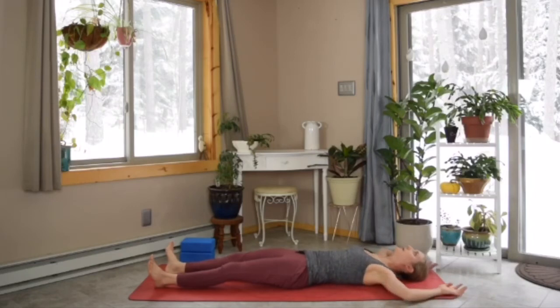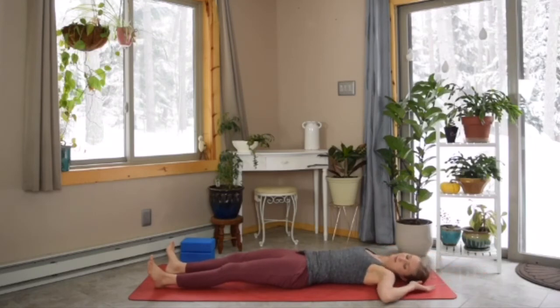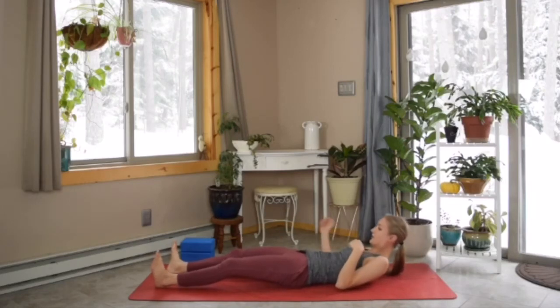Let's bring them up and over, straightening them out. And then roll them back in. Again, bring them up and wide. Core super engaged here, keeping that back on the mat. And then let's cactus them in. Good. And we're going to flip over